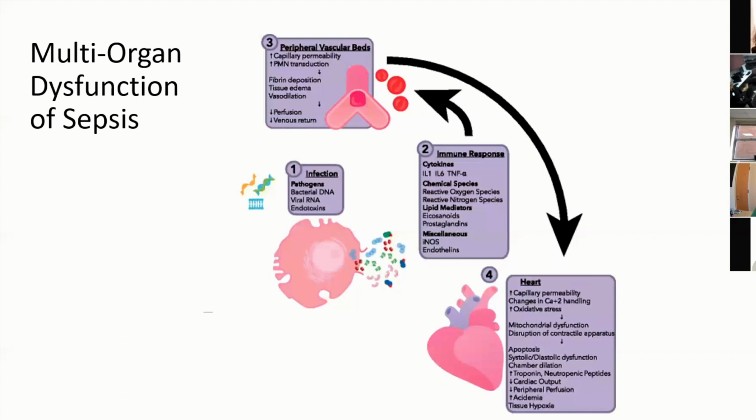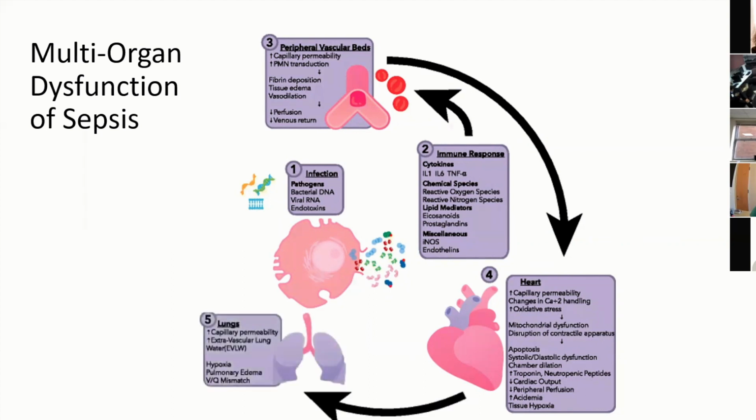But this leads to a big problem where you have decreased cardiac output, and your autonomic system tries to cover this by saying, let's crank up the epinephrine or the adrenaline in our body. And while that will cause some increased contractility and increased tachycardia, sometimes that dysregulation can actually worsen cardiac function. The result of that can lead to tissue edema in a lot of different organs, but the one that we